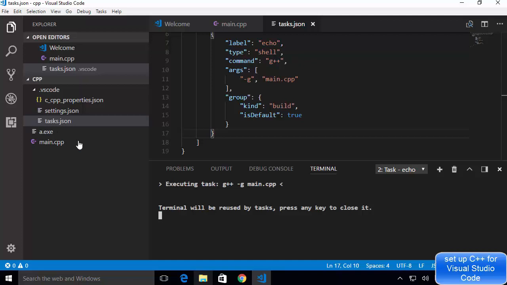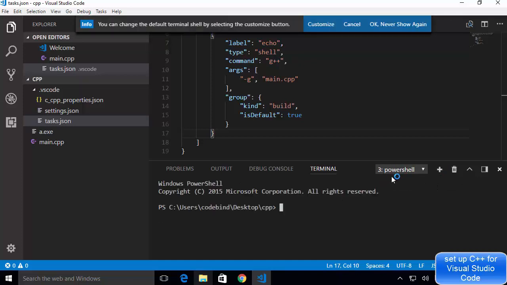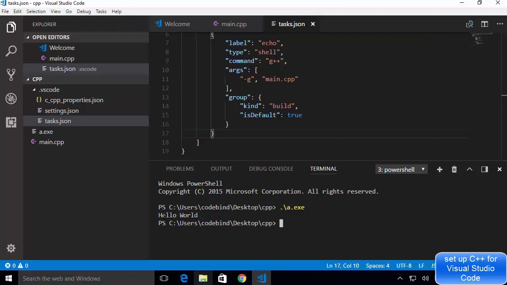So what you can do here is you can just open a new terminal here. So you can just click on this plus button, which is going to open the new terminal. You can see PowerShell is open, or your default terminal will be open, and then you just need to run the a.exe file. Okay, so it's going to open inside your default folder, inside your project folder, so you don't need to change the directory. You just need to run this a.exe command here, and then press enter, which is just going to print hello world here. So we have successfully built and run our code here, right?